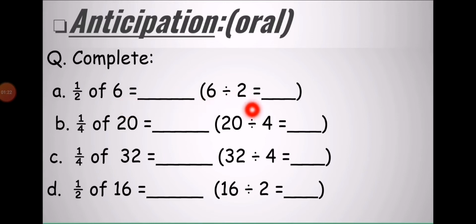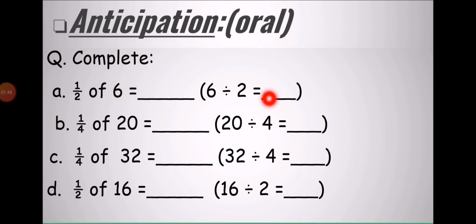In the bracket you can see a division sentence is written here. 6 divided by 2 is equal to dash. Fractions are related to division. Why? Because fraction means to divide into equal parts. So it's the part of division. So we will find the half of 6. And for this, we have to read 2 times table. Why? Because we are putting 6 into 2 equal parts. So how much is in each part?